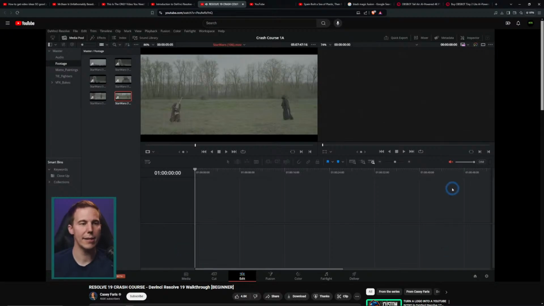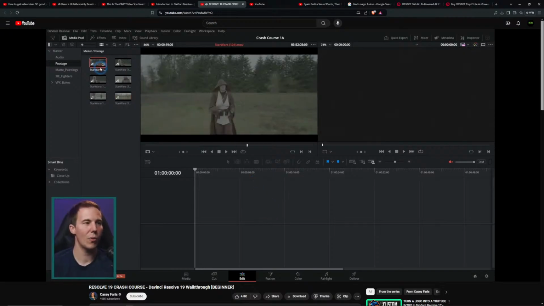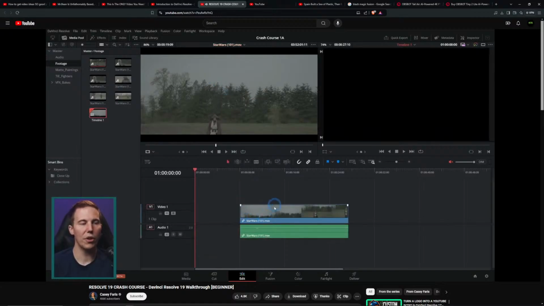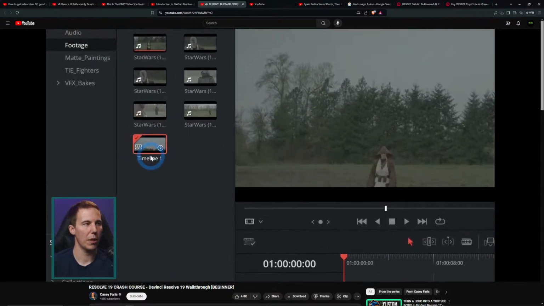The timeline is this section down here. This is where you put together your story, your sequence of clips, in order to make a video, right? There are a lot of ways that you can make a new timeline and add clips to it. I think one of the easiest ways is just to pick one of your clips, grab it in the middle like this, and then just drag it down to the timeline. What that's going to do is make a new timeline,